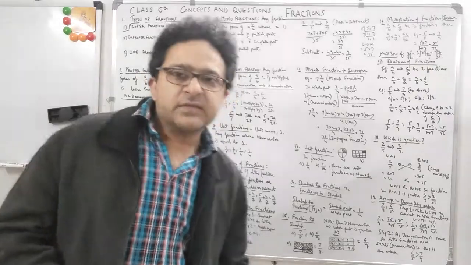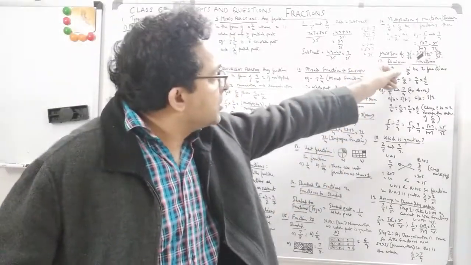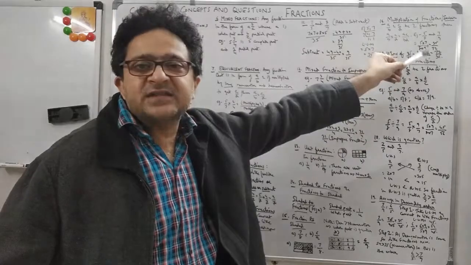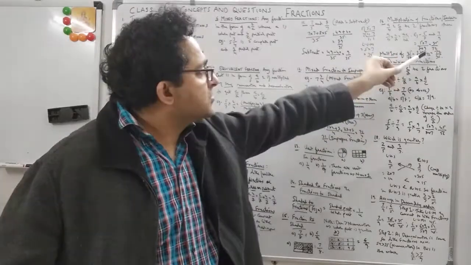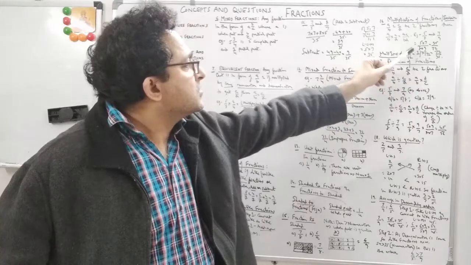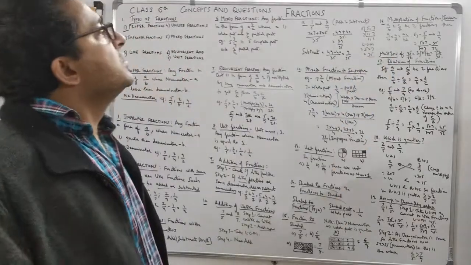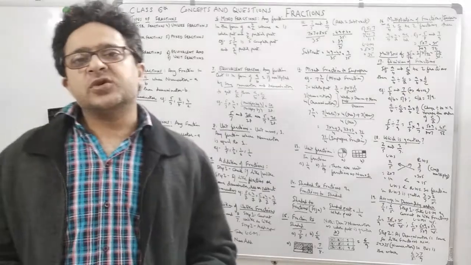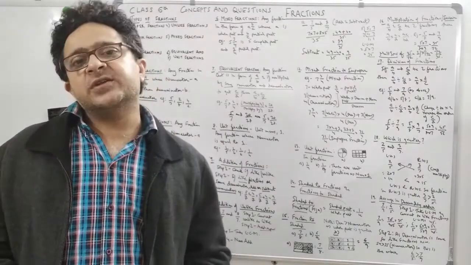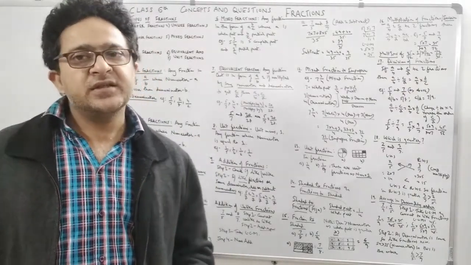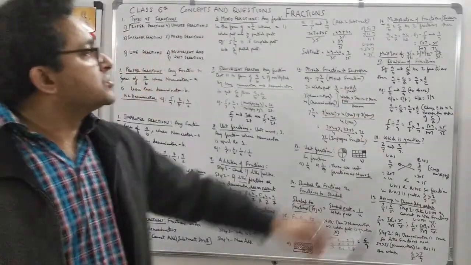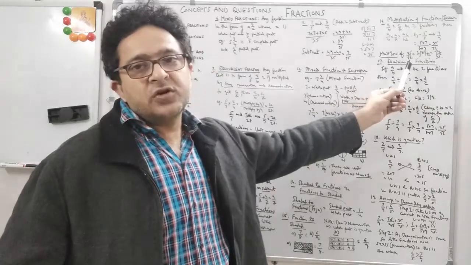And then you can even simplify further, but here you can't simplify further. It simplifies only if it gets cut by 2 or 3, so it's not simplified further. So this is the multiplication of fractions. A upon B and C upon D are two fractions, and you have to do multiplication. Then it is A into C upon B into D. And what is the multiplicative inverse? Suppose the question is given, 35 by 72 is your fraction.